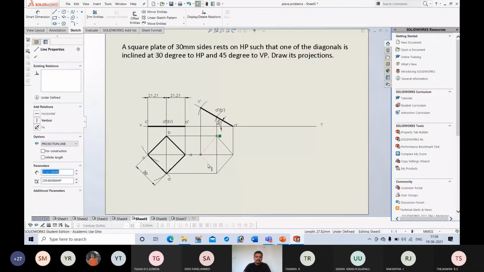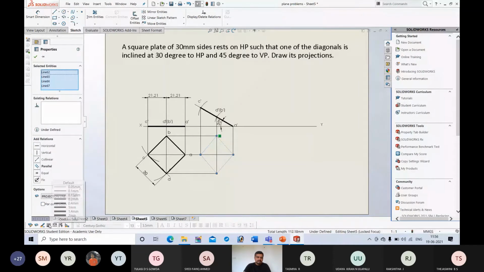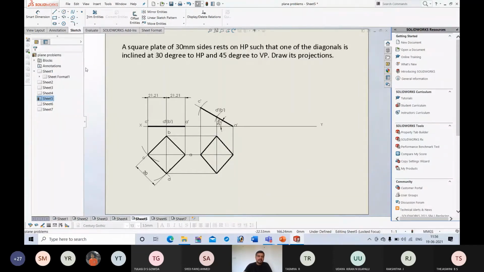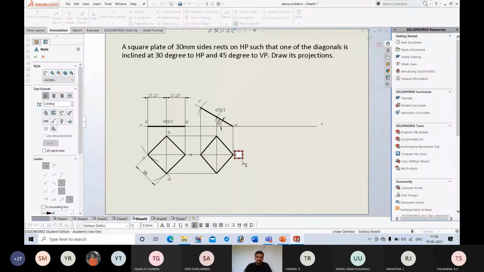I will increase the thickness. Then next I will name these points. This is A, this is B, and this is C, D. Okay. So till here it is same as previous problems,